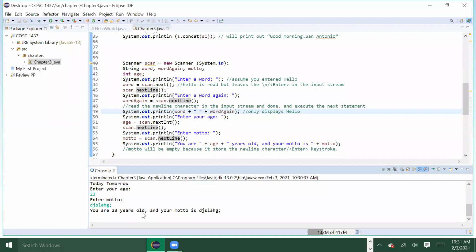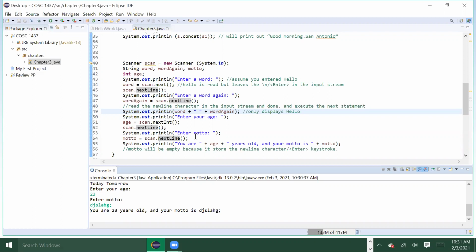Yes, because of next int, next float. Remember, when you press the enter key on your keyboard, you are creating a new line character. So you want to get rid of that so that you can read whatever you want the user to enter. Otherwise, it will not read that. So yes, basically you do a next line right before you try to scan the next line. Yes, exactly. You will do a next line, scan that next line right before you want to read something, next